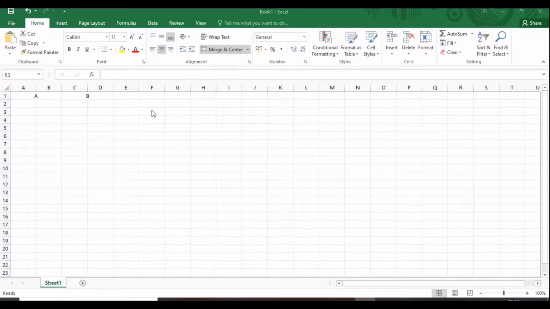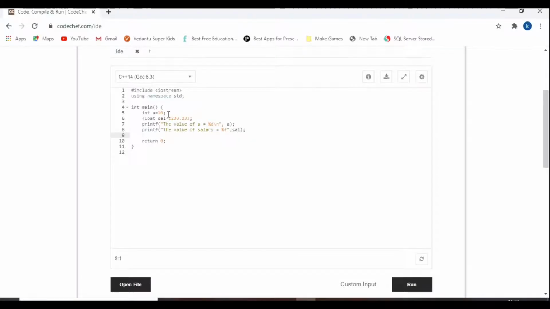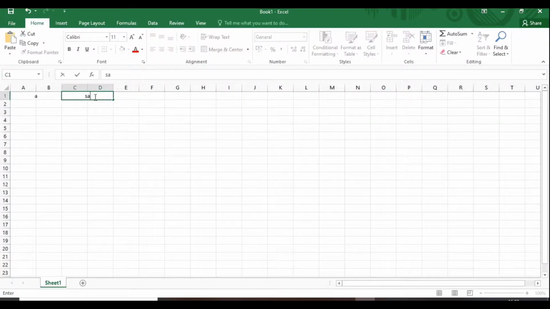Like this, let's say b, c. To take our example, this is a and this is salary. These are the two variables that I have taken. Whenever you declare a variable, first it will have the value of the variable here, and the address of the next variable.